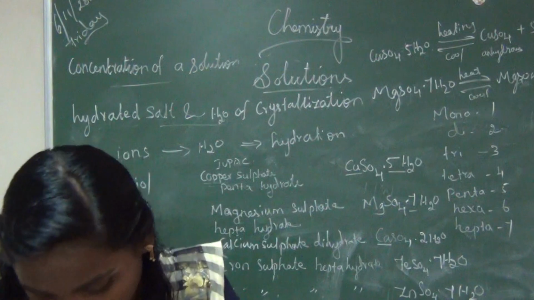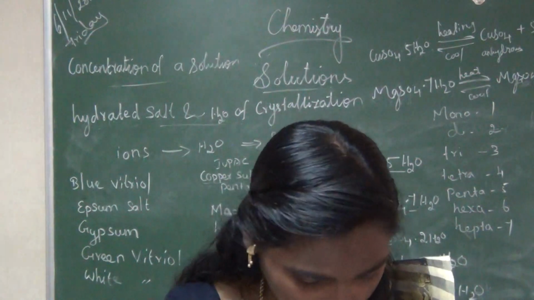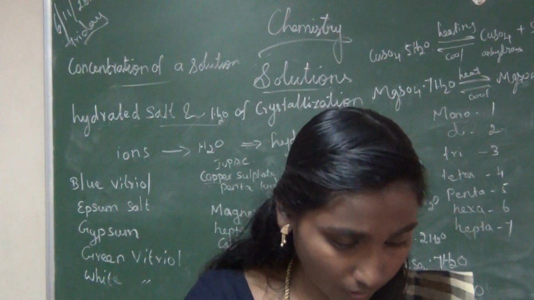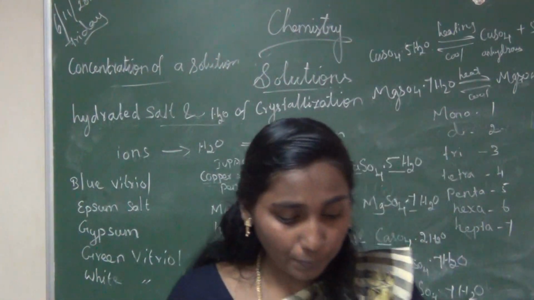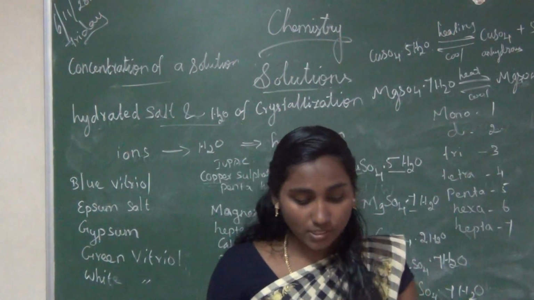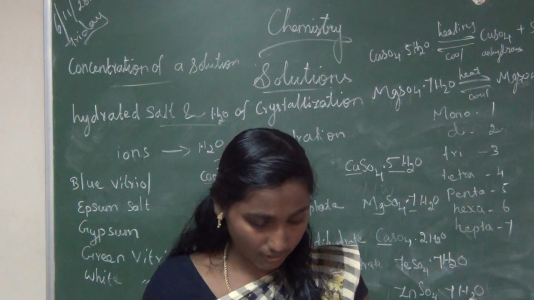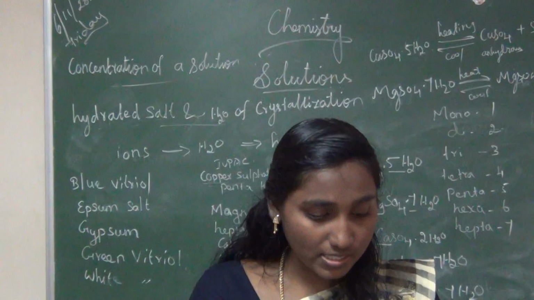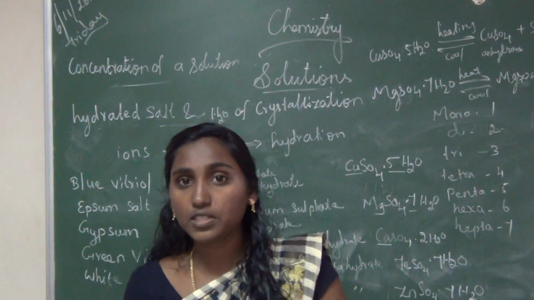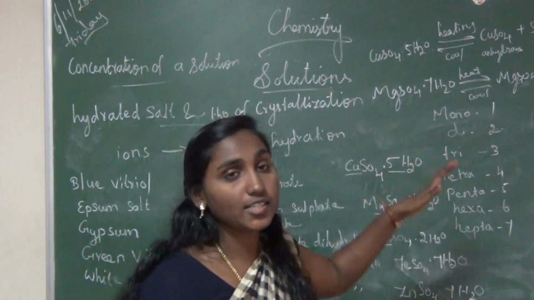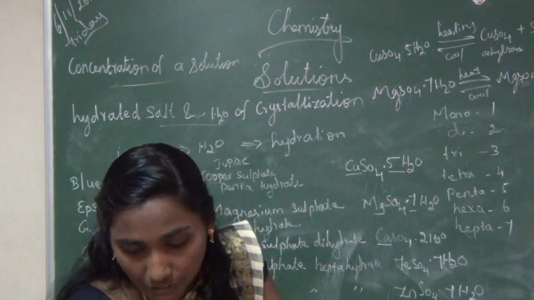Now all of you take your book. Take page number 134. Choose the correct answer, sixth one. The last class we studied factors affecting solubility, right? When pressure is increased at a constant temperature, the solubility of a gas in a liquid increases. So mark the answer for the sixth one: increases. The seventh one we can mark later. Eighth one: a 25% alcohol solution means 25 ml alcohol and the remaining 75 ml water. So option C is the correct answer.